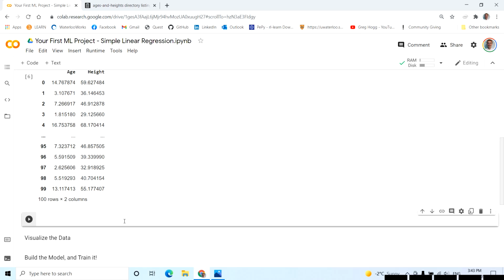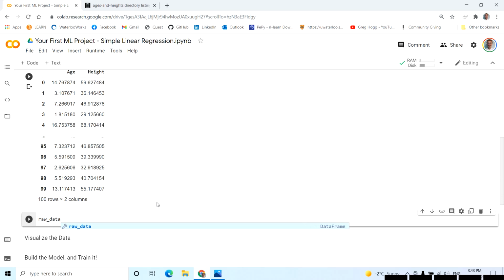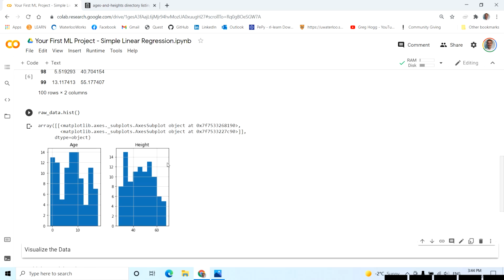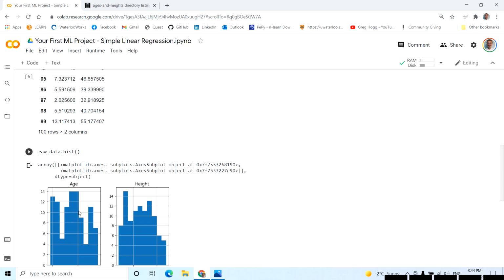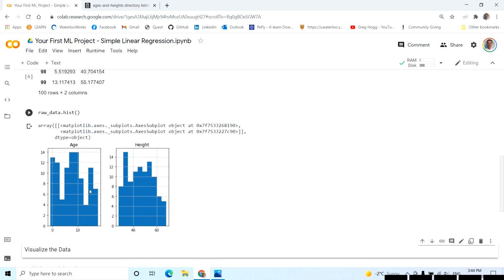that are built in. If we have this object called raw data, we can call rawdata.hist. And what that does is produces a histogram for each of the columns. Okay, so this is just for the age column, and this is just for the height column. And a histogram is basically a frequency count sorted into bins. What I mean by that is the x-axis is going to be the age value, and the y-axis is how many, for the data set, how many of these items